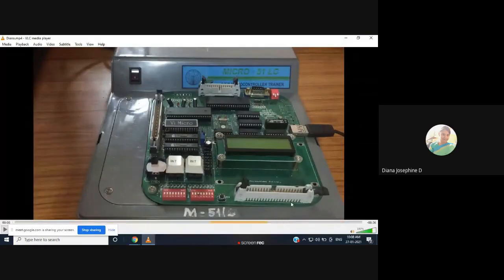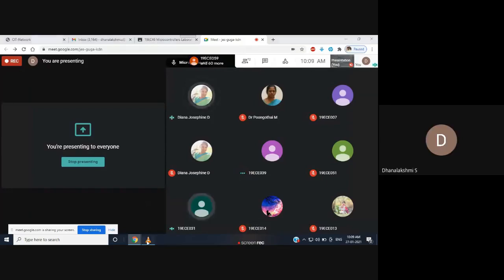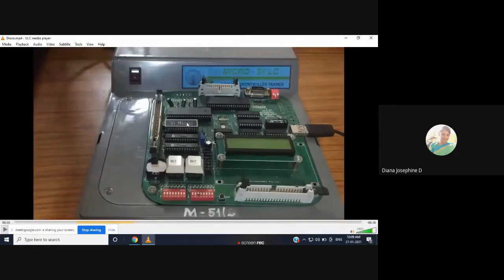Yes. So here you have just two more points to add. You have an IC with a VI Micro sticker. Am I audible? Yes, ma'am. So you can find the IC with the VI sticker, as ma'am is pointing out. That is actually the 64 kilobytes external flash memory. And you can see the two interrupt buttons. One acts as the reset button, the left one, and the right one acts as an interrupt for interrupting the program. That's all.